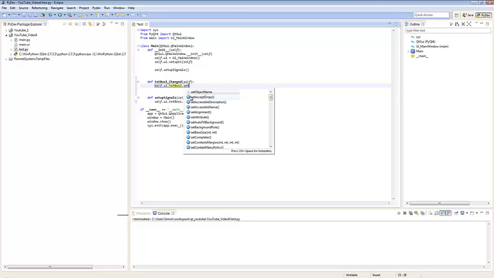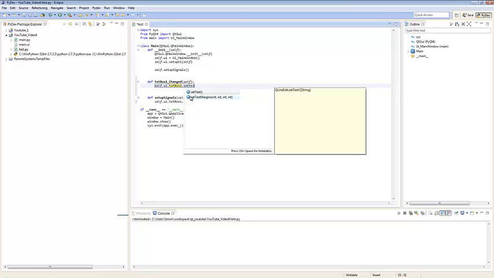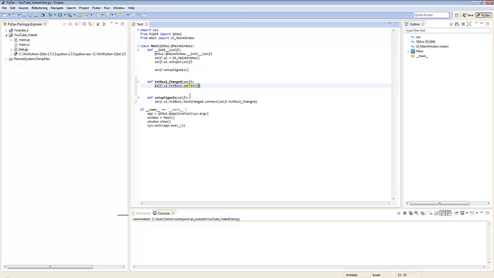So dot set text, and we put the text that we want, so we could put in there hello world, and every time textbox1 changed, it would just keep updating textbox2 with hello world. But we want to put the value of textbox1 in there, so we want to put self.ui.textbox1.text,